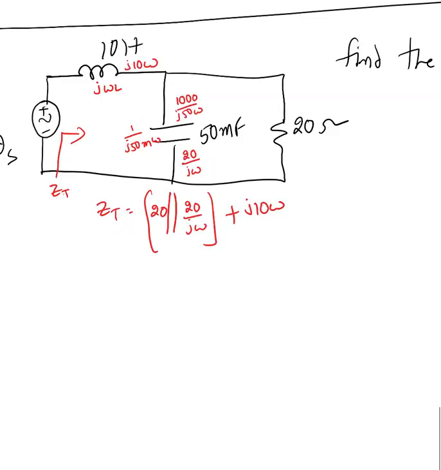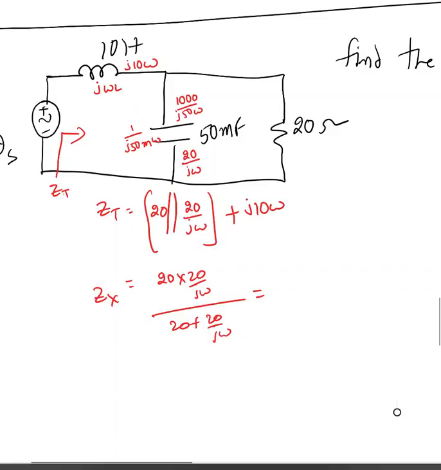Now first I'm going to solve for the total impedance here, which is going to be 20 times 20 over J omega over 20 plus 20 over J omega. Let me label this as Zx. I'm going to find only Zx, this part. Zx equal to